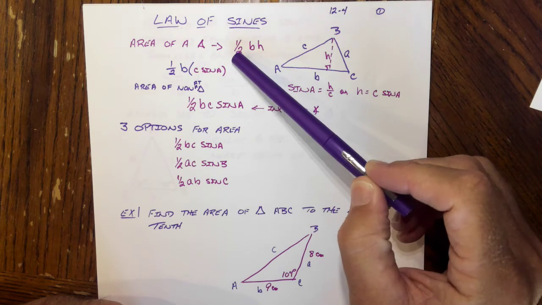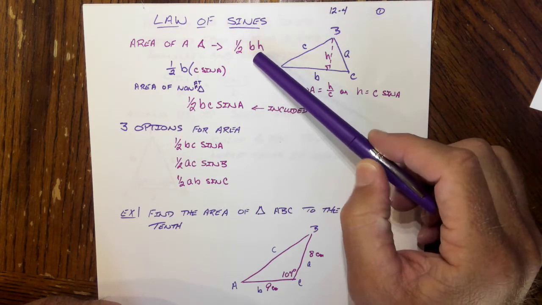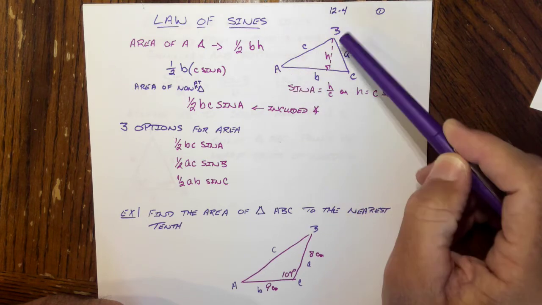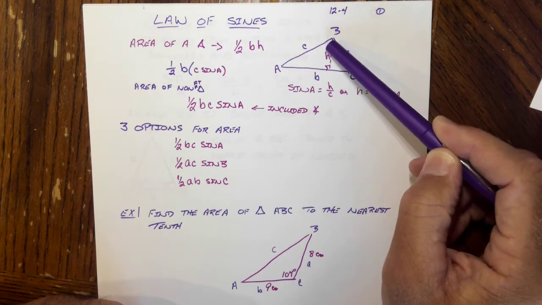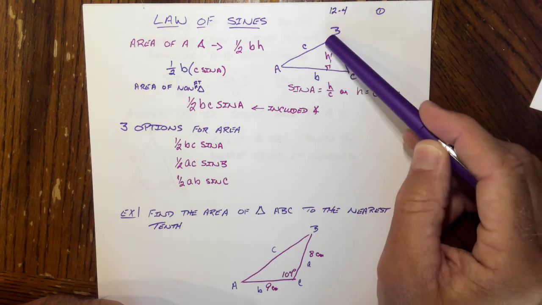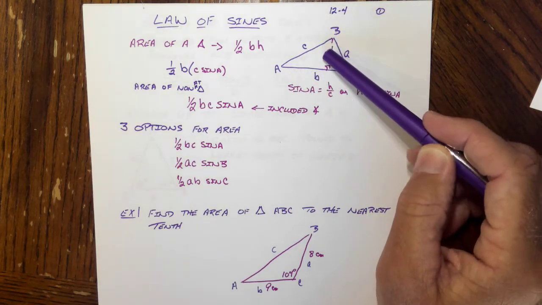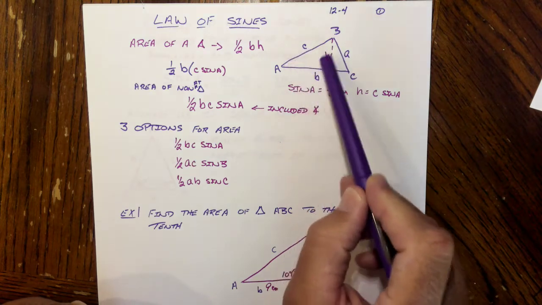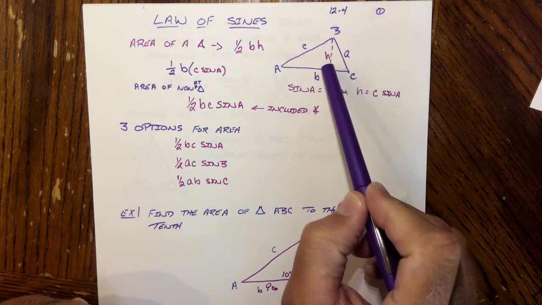Now, the formula for the law of sines is going to be derived from an area formula for a triangle. Remember, area formula is 1/2 base times height. Well, if it's not a right triangle like triangle ABC, we put the height in there, and you've seen this many times. Height and the base are perpendicular to each other. We got that number, and we do all that fun stuff. But if we use trig to help us out here, because a right triangle is formed,